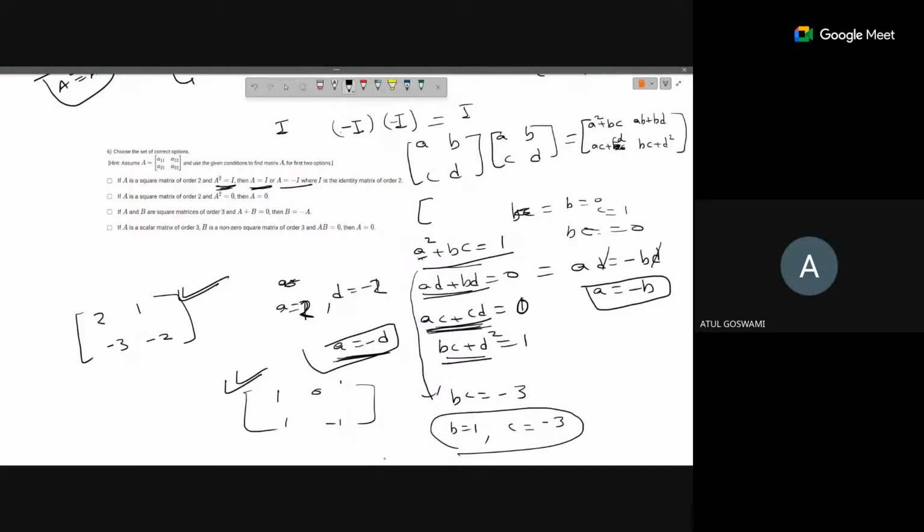And one more way to solve this, an easy method, is we can actually multiply both sides by A inverse. Suppose in that case, the A would be A inverse. Okay, so A is A inverse. In that case,